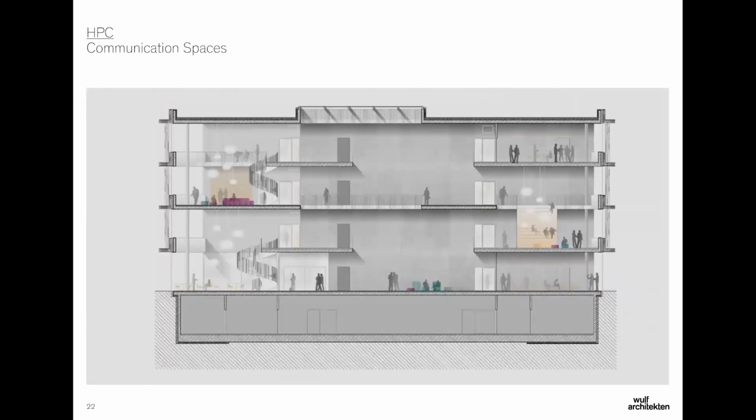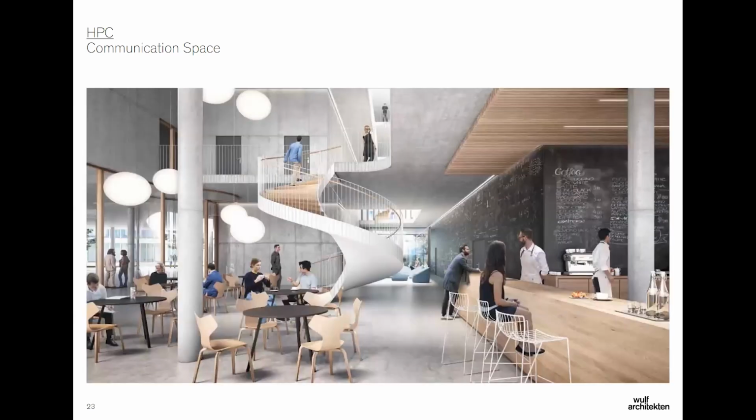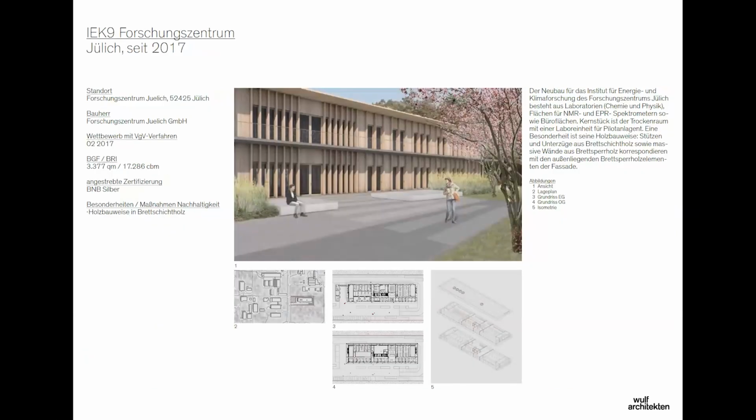The material concept is rough and reduced. Common areas are highlighted by warm materials like wood. The rest is rough concrete and visible technical infrastructure. The project in Jülich. The main challenge of the project in Jülich is the construction method based on wood-concrete hybrid